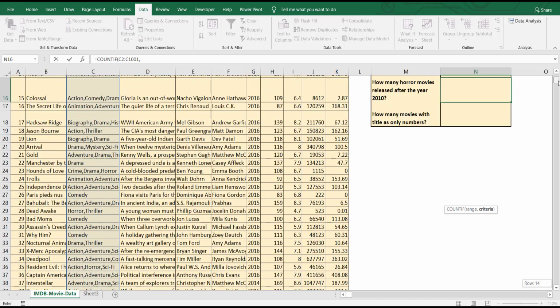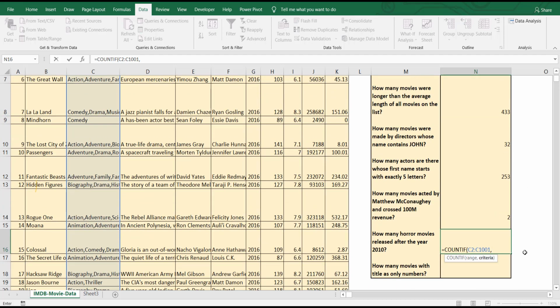Contains means simple. Wildcard. We need to use wildcard. Put double quotes, star mark, horror, capital letter or small letter, it doesn't matter, because the count if function is non-case sensitive. Whatever case you give, it will find out, right? Put one more star mark and double quotations, close bracket.